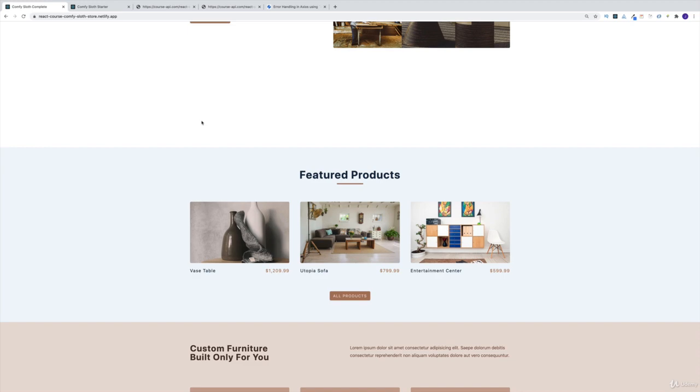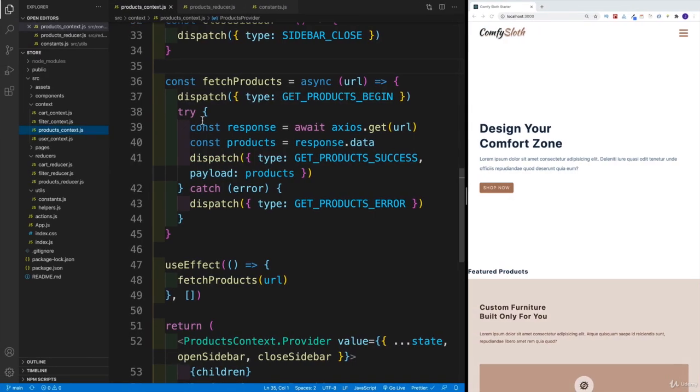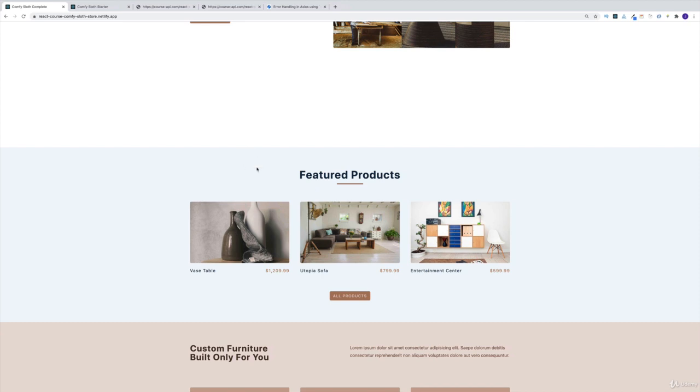And if you worry about the fact that I didn't show you what happens with error, don't worry. Once we start working on the featured, of course, there's going to be an if statement for the error. So it's going to be a little bit easier for me to showcase what happens if we get the error. Because otherwise, yeah, I can show you in the components, but probably doesn't mean that much.